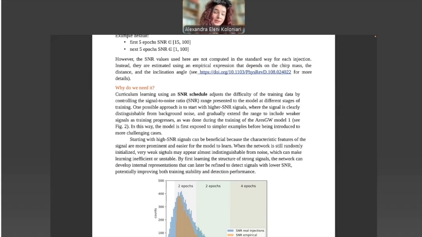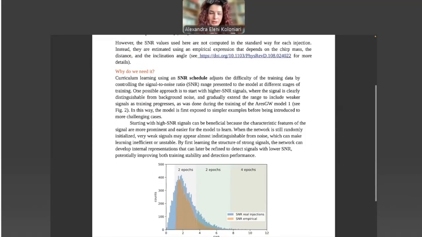And that helps because, for example, if we use the approach of starting with the higher SNR signals, which are more clear for the network to see, we actually help the network to adjust its weights in the first epochs.